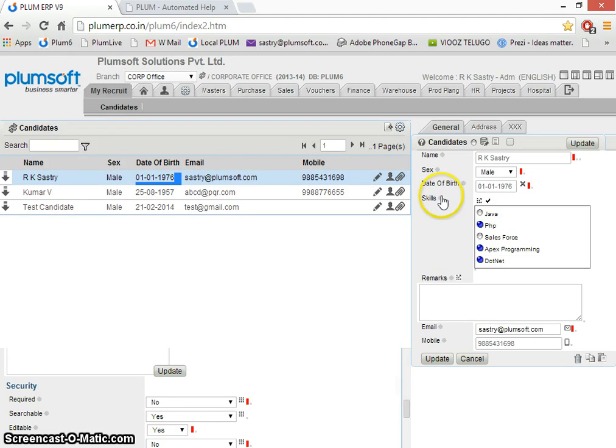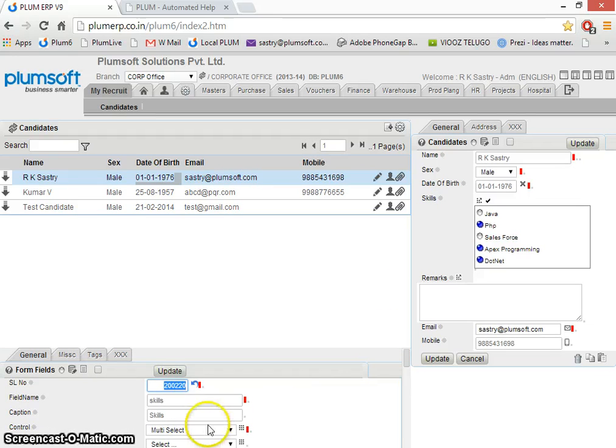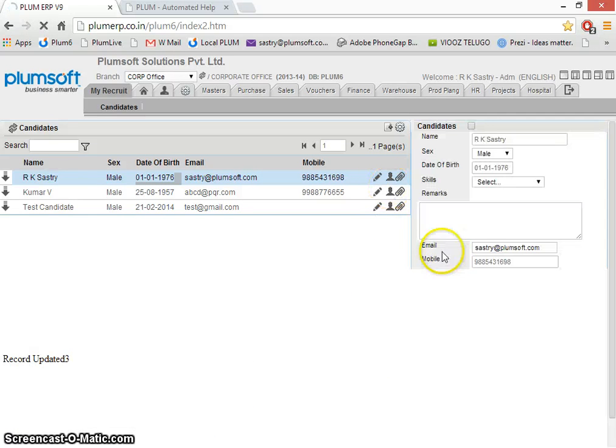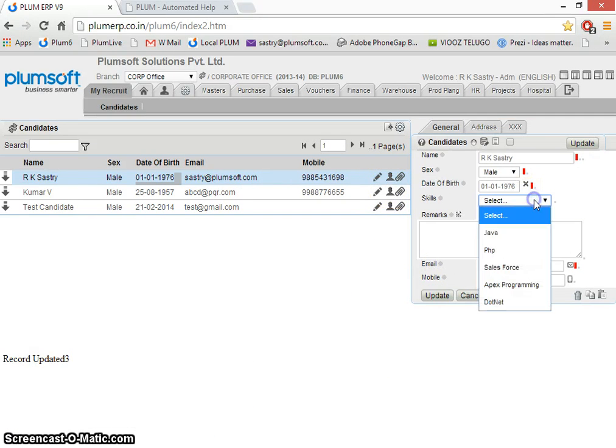Let us take this skills and see, assume that tomorrow he decides that it is no more a multi select, it is a simple combo. I will make it a simple combo, and you will notice henceforth he can select only one of the fields.